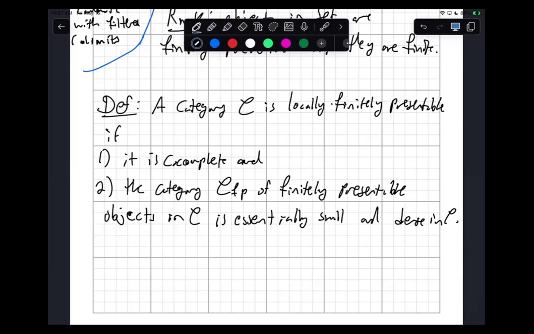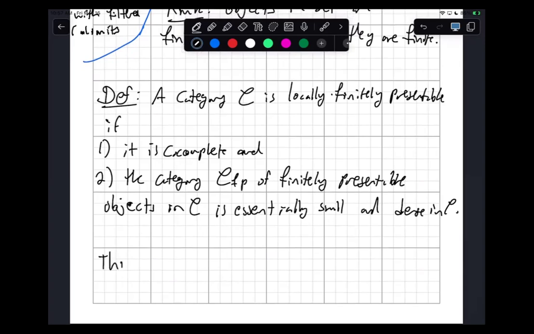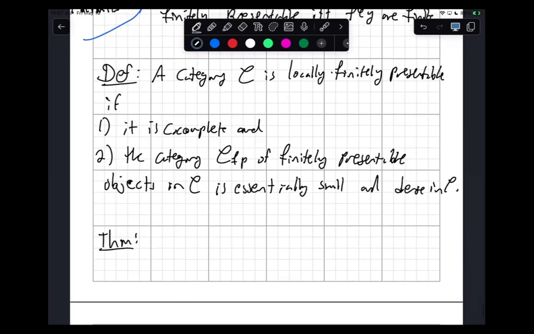So now let's skip right to the big result that I wanted to talk about. If C is locally presentable, I talked about locally finitely presentable. You can talk about locally kappa presentable, and then being locally presentable is being locally kappa presentable for some kappa. Okay. So if C is a locally presentable category,